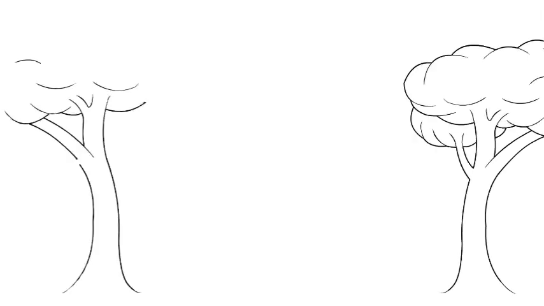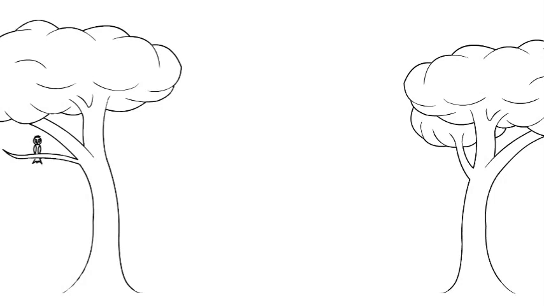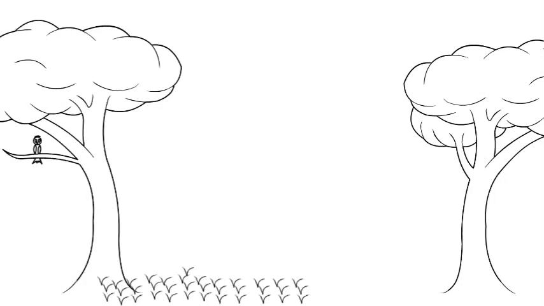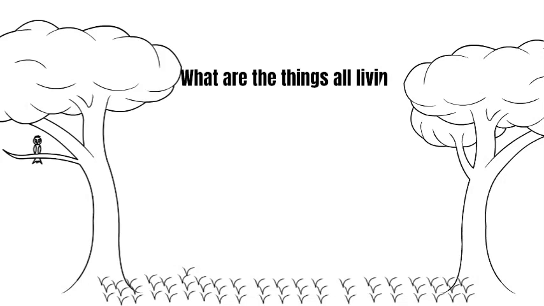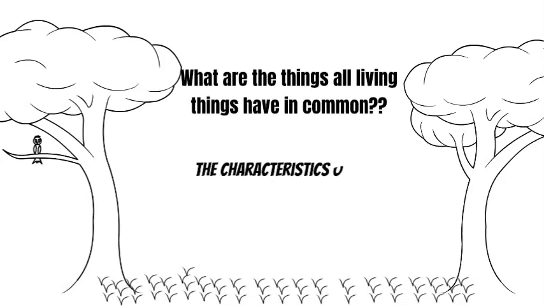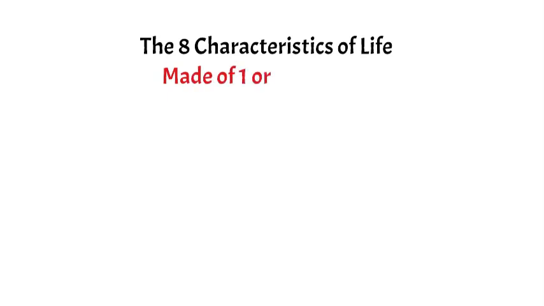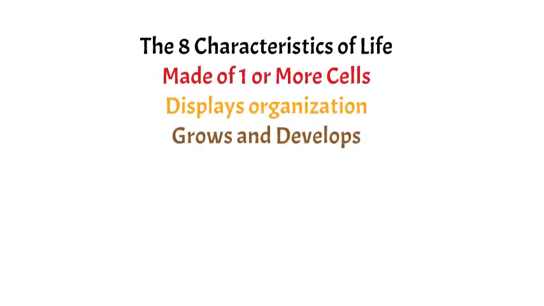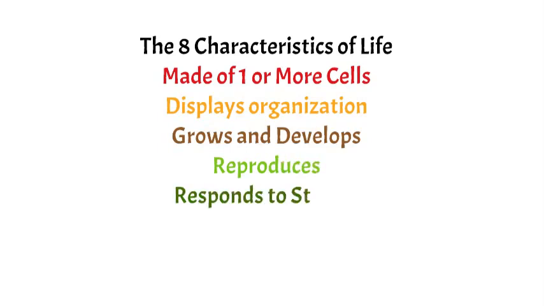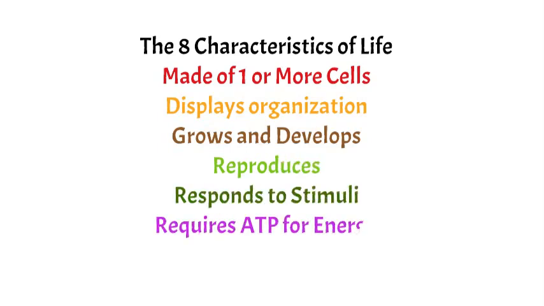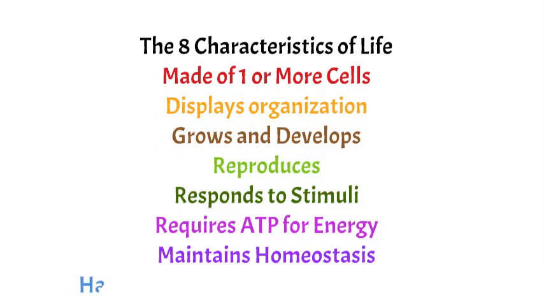So, what is it that all living things have in common? How do we distinguish between living and non living? These eight things we call the characteristics of life. To put them in a list, the eight characteristics of life are: made of one or more cells, displays organization, grows and develops, reproduces, responds to stimuli, requires ATP for energy, maintains homeostasis, and has adaptations that have evolved over